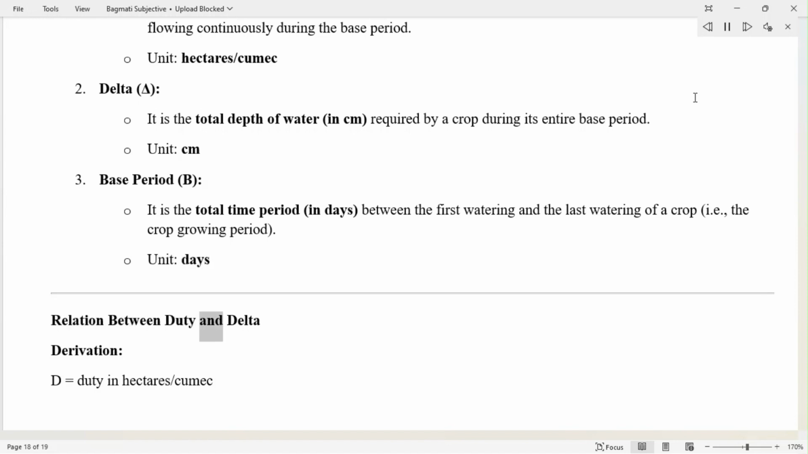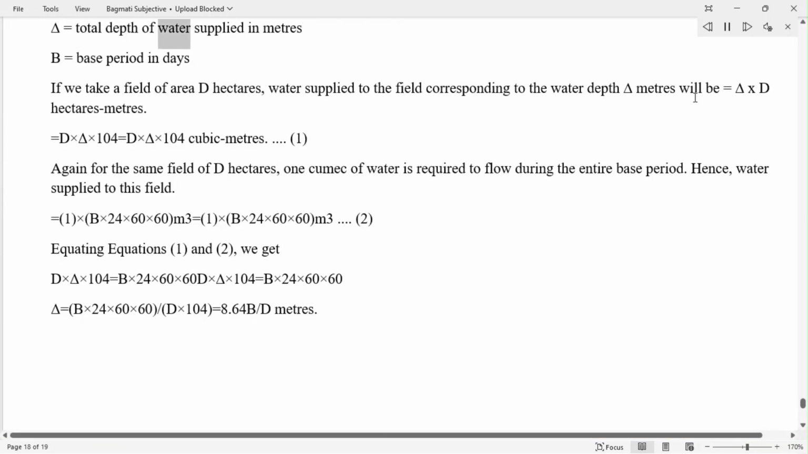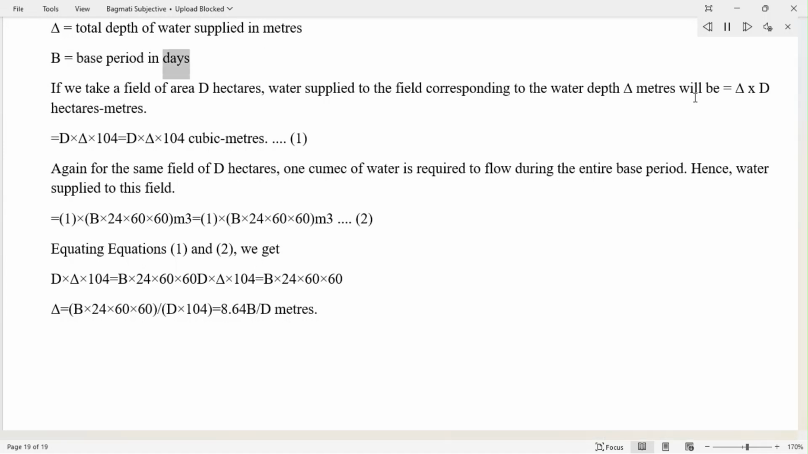Relation between duty and delta. Derivation. D equals duty in hectares/cumec. Δ equals total depth of water supplied in meters. B equals base period in days. If we take a field of area D hectares, water supplied to the field corresponding to the water depth Δ meters will be equal to Δ × D hectare-meters, equals D times Δ times 10^4 cubic meters. (1)